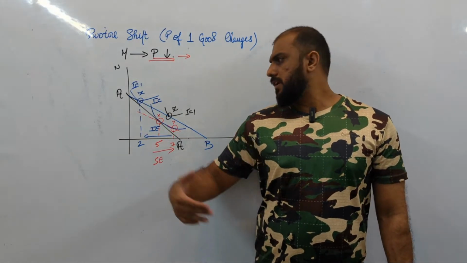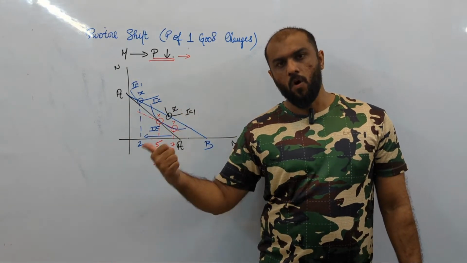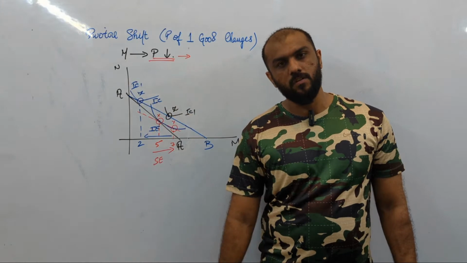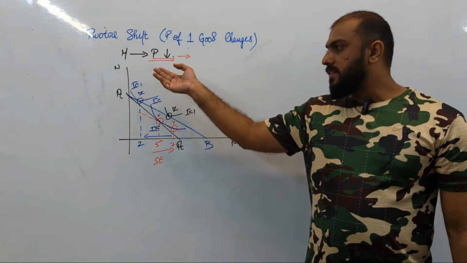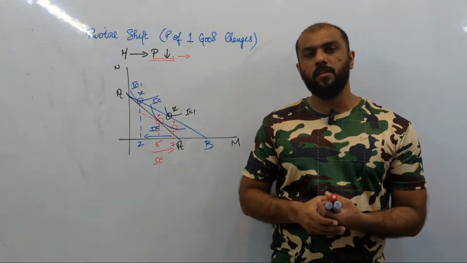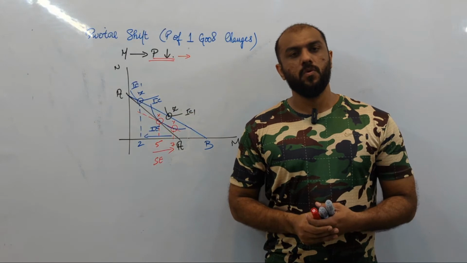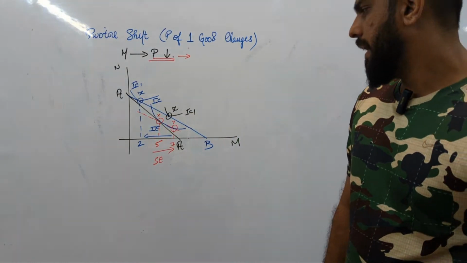Right? So you need to be able to make all these 3 graphs, normal, inferior, and Giffen goods, and you need to be an expert in that. We did it for price decrease, you can practice for price increase, and then you can send me your 3 graphs for me to check them. The final thing before we end this concept,